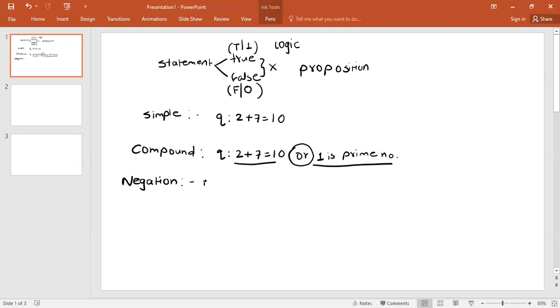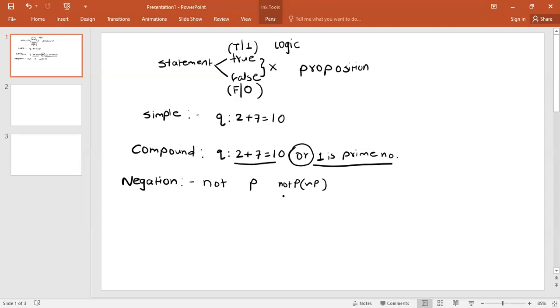We always use negations of sentences to indicate exactly the opposite meaning. When p is a simple statement, then the statement not p is the negation of p. It is denoted symbolically as